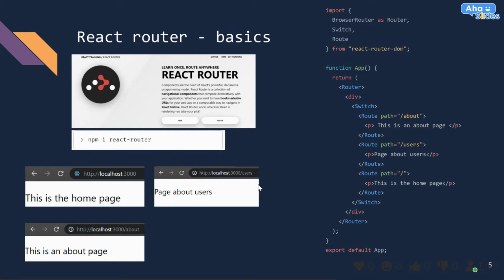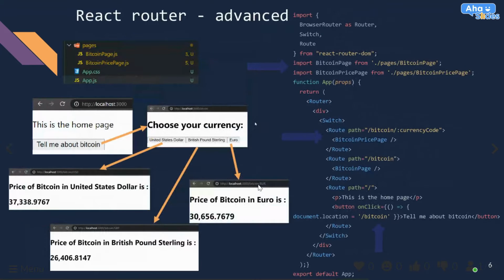What you would normally not do in your project is explicitly define the content of the web page inside this route. What you would normally do is create a separate component, import that component in this app.js, and then put that component here instead of this paragraph. This is actually my next example.